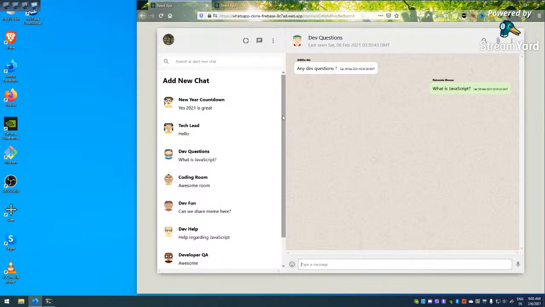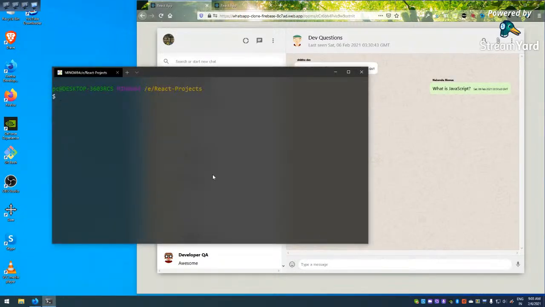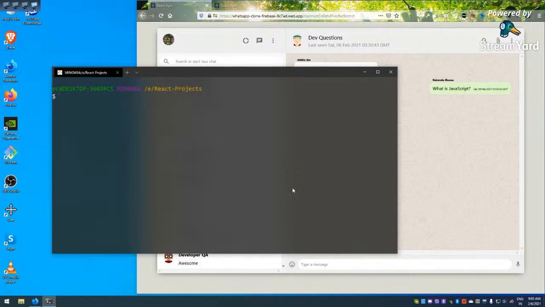Actually it is going to be a long build. I think it might take around 3 hours, and I will try to complete it today itself. So let's get started soon. I am in a folder, React projects. Let me start it, and npx create-react-app whatsapp